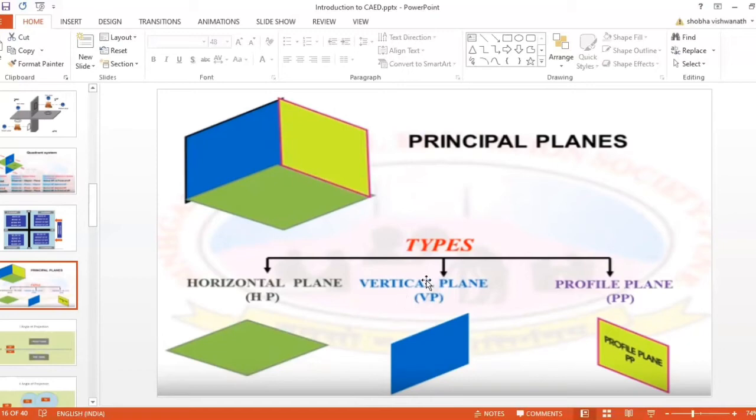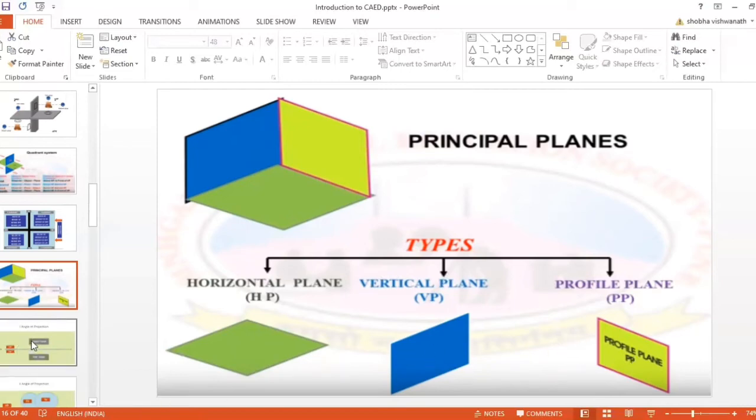Always remember you have three principal planes and three principal orthographic views. These three views you are going to draw with these three planes. One is the horizontal plane, where you always draw the top view. In the vertical plane, VP, you always draw the front view, that is FP. In the profile plane, the side profile plane, you draw either the left side view or the right side view. So these are the three important planes and three views: top view, front view, and side view.